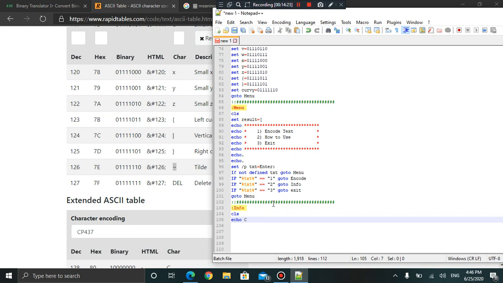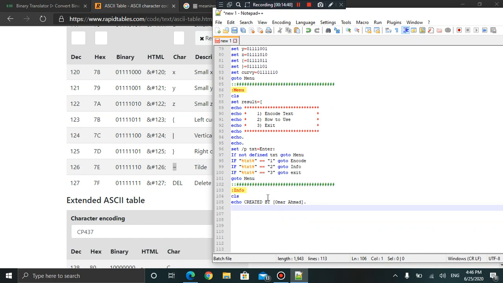Created by, and then type your name here, whatever name you want. I'm gonna type in my name. And then you can type in some spaces here,